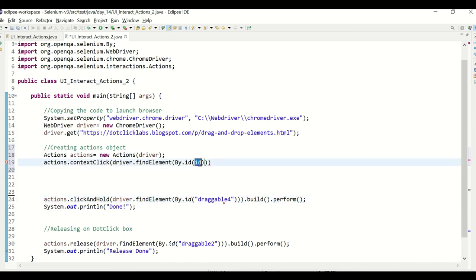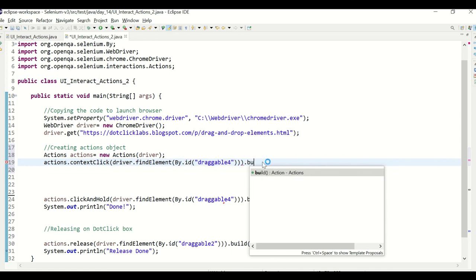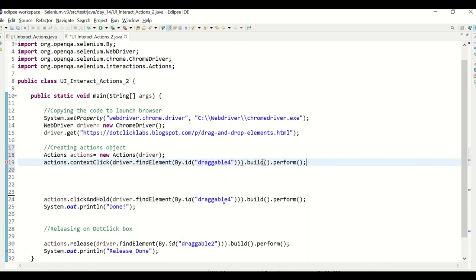I'm copying it from here, so we need to write it. This command should right click on that particular element. Build dot perform is common practice, right? If you wanted to execute it, you need to say build dot perform. Okay, so now save this. System.out.println, right click done.